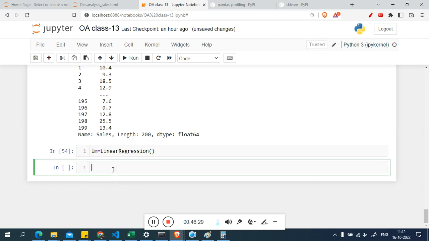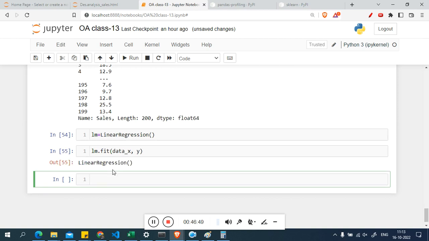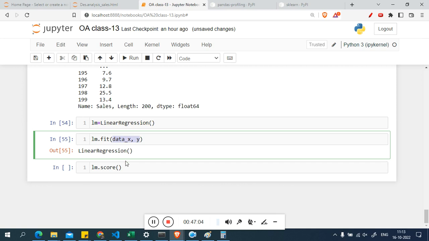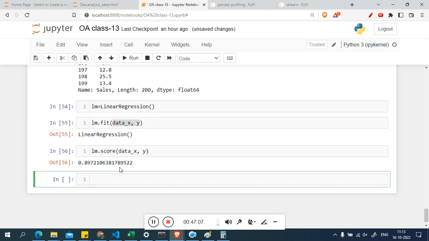This is the linear regression I called. Now lm dot fit, and for what I want to make this, data underscore x. And what is the y value? That is the sales. Now I made the linear regression. For calculating the r square value, lm dot score, and for what? Score for data x and y. Okay, and this is the score, and now you can see the score is 89.72,